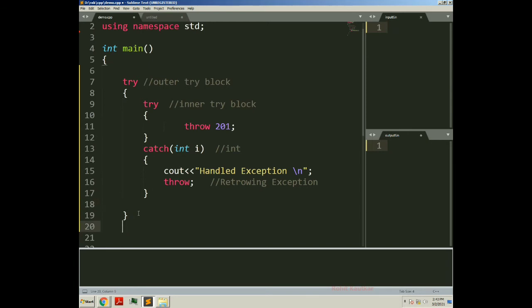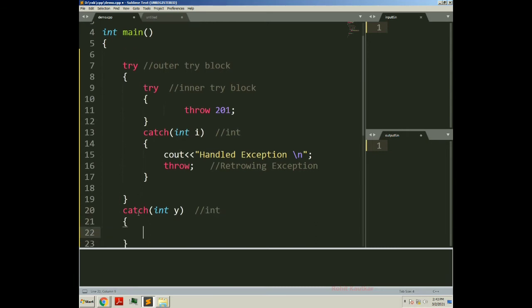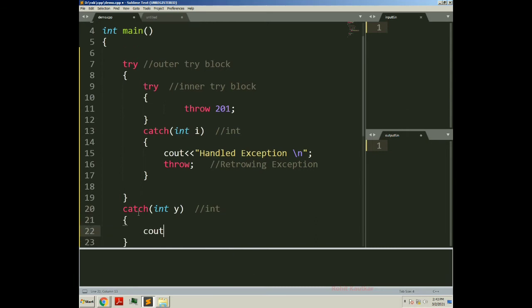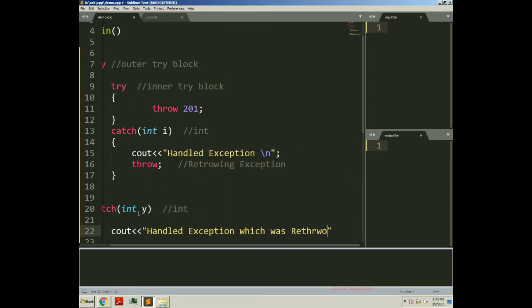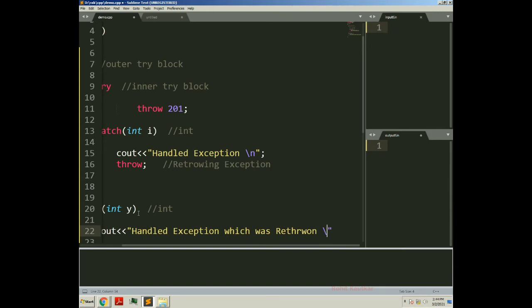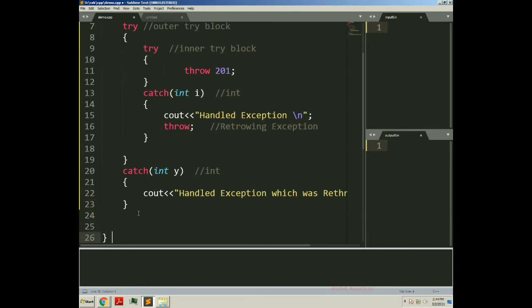So I will write catch, and again specify an integer type catch block, and here we will print a message, handled exception which was rethrown. So like this we will have our code.